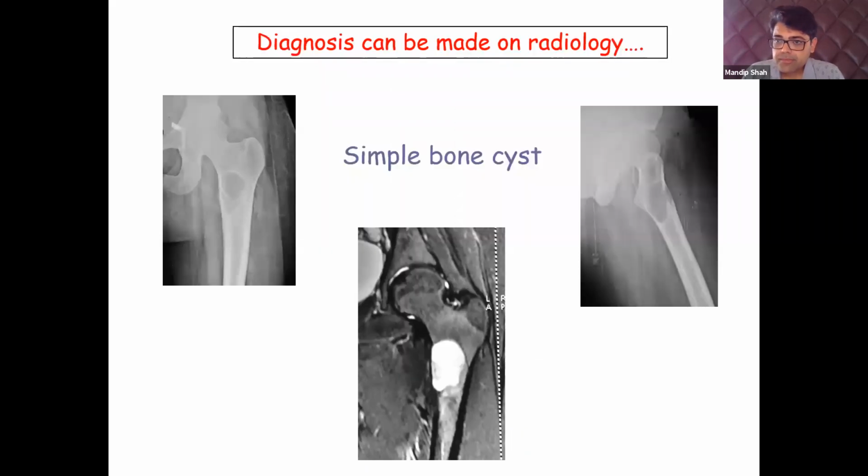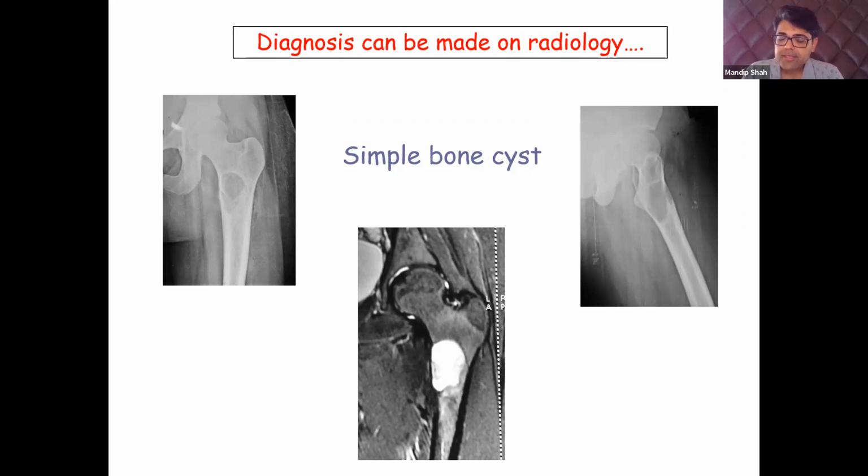Fourth is a simple bone cyst, where you have this kind of lytic, punched out lesion in the center of the humerus or in the proximal femur in an adolescent or in the first 2 decades of life. With this kind of a simple unilocular cavity filled with fluid without any fluid levels, you are reasonably certain that you are looking at a simple bone cyst. Here I would say that usually these days we treat simple bone cysts with intralesional injections like steroids or bone marrow or demineralized bone matrix.